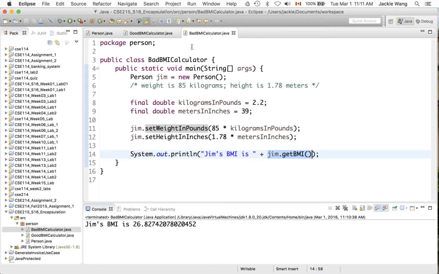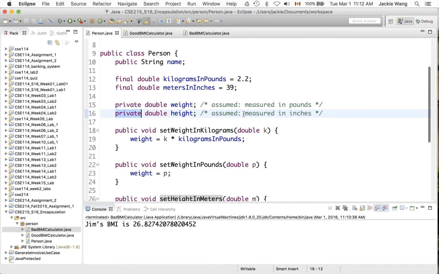However, if you have a bad user, they might directly assign some numbers, for example in pounds and in inches, and those numbers are simply inconsistent with your original assumption. Remember, before we changed the assumptions to pounds and inches, they were in kilograms and meters, right? That's what we illustrated,